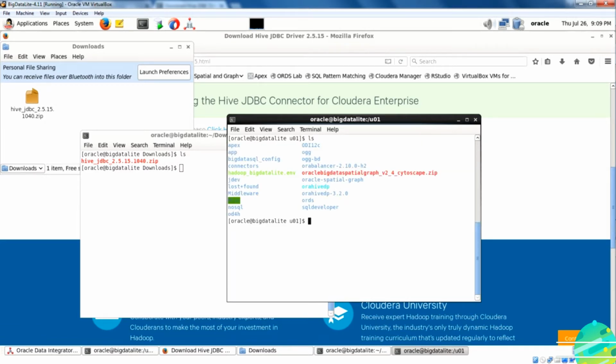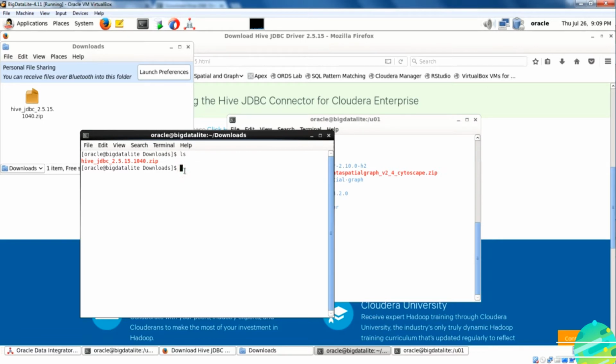Very good. The miscellaneous folder is created. Now I am going to move this zip file to that folder.